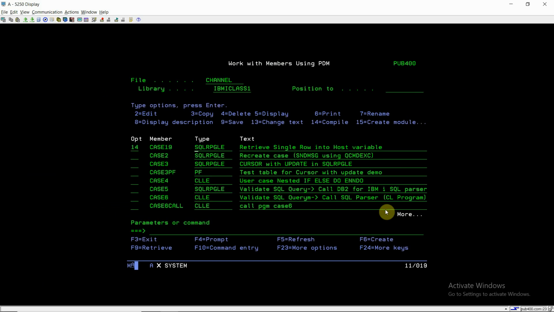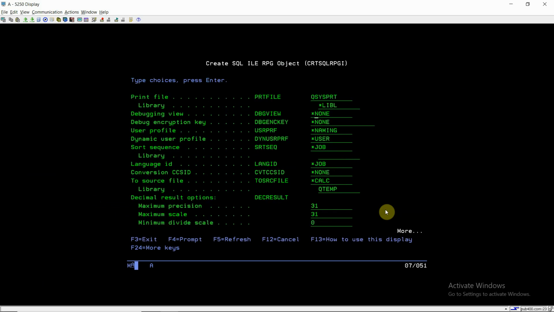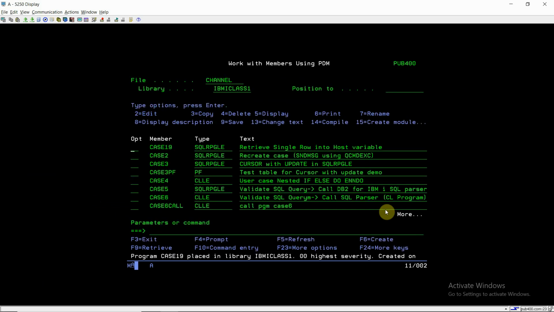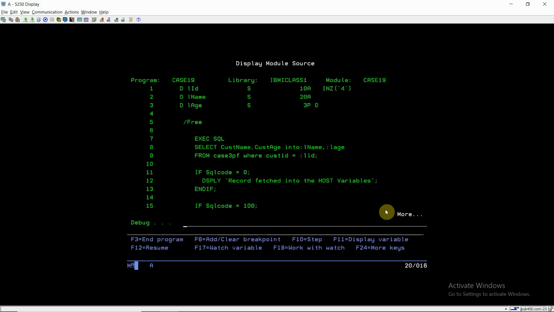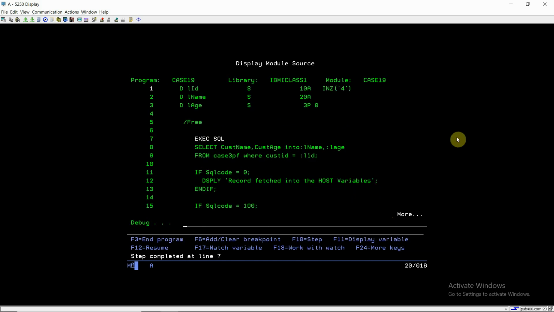Now I'm compiling this program. Just debug this program. So I'm passing LID as 4.